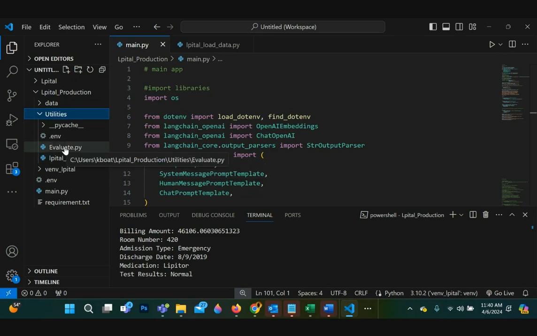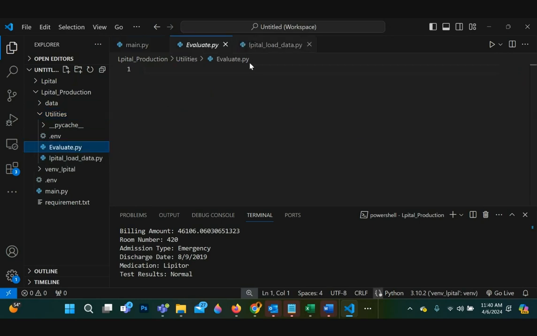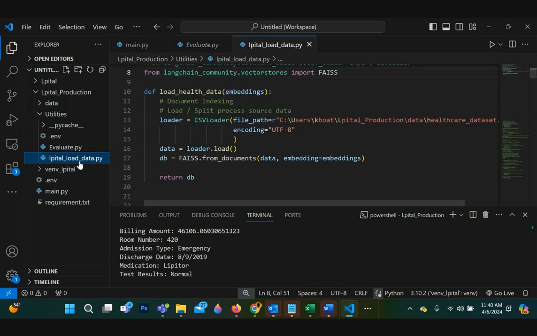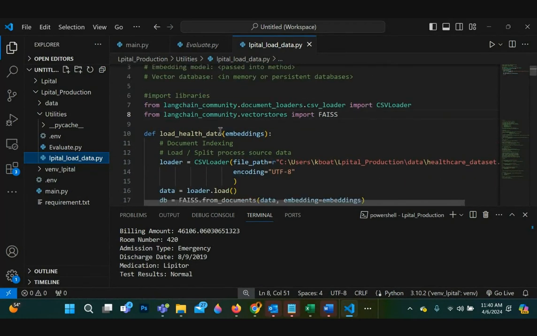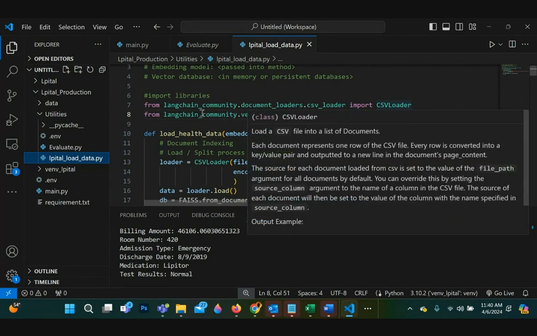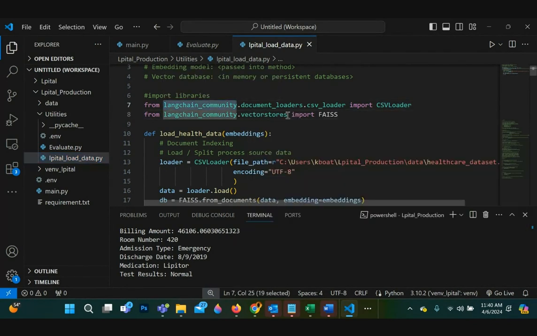The evaluation I haven't gotten to yet, so it's blank here, but this utility is the document loader for this specific use case, the CSV. We imported two libraries: the CSV loader, which is from LangChain, and the vector database, which is FAISS, that we're going to use.